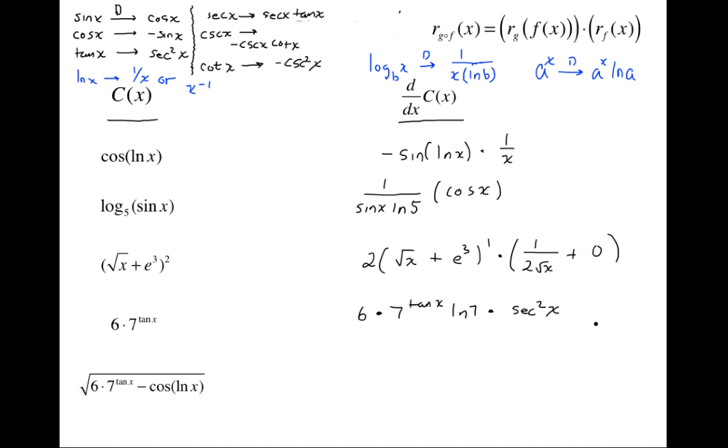Questions on these first 4? Especially if you've never done these before this semester. Is this making sense? Okay, so this last one now. Overall structure of this. What's the overall structure? Something to the 1/2, right? Something to the 1/2. So we can think of our overall g function to the 1/2. Therefore, the rate of change will be